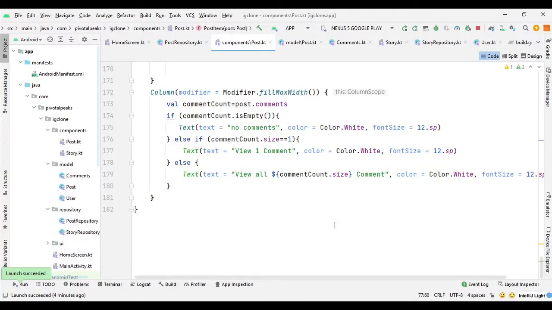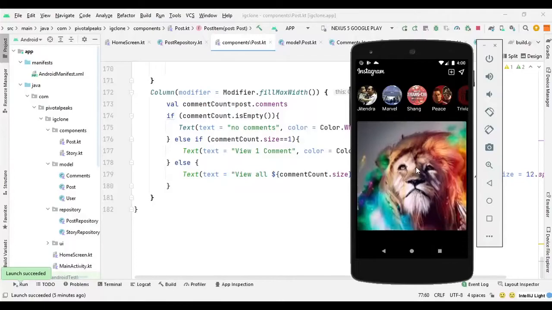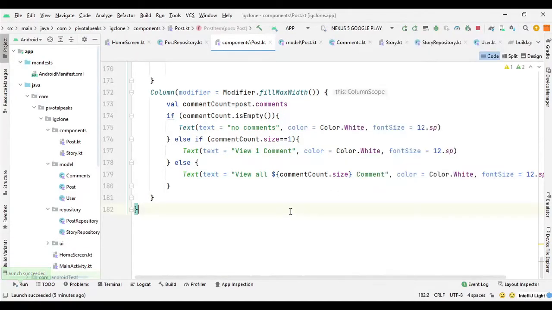So after home screen, we will build the new post screen. But first, let me do some small correction that I made in home screen section, where I made a typo mistake in the three dotted line row. So you can see that the three dotted line should appear at the end, and here the likes text is not showing. So let me do it quickly.